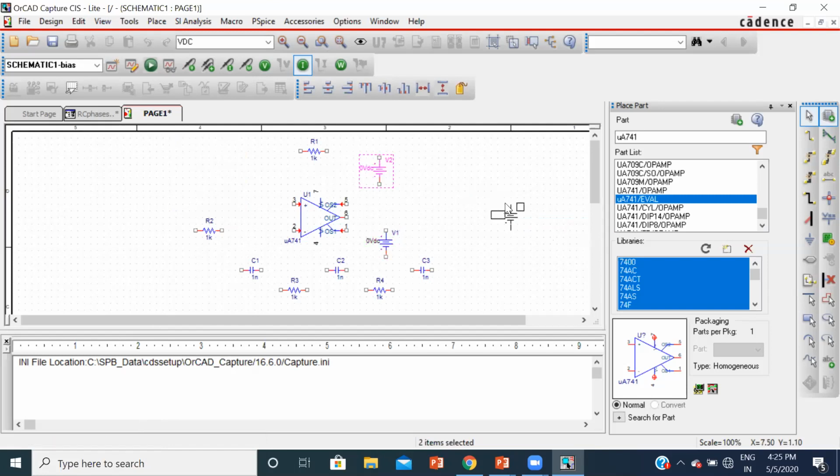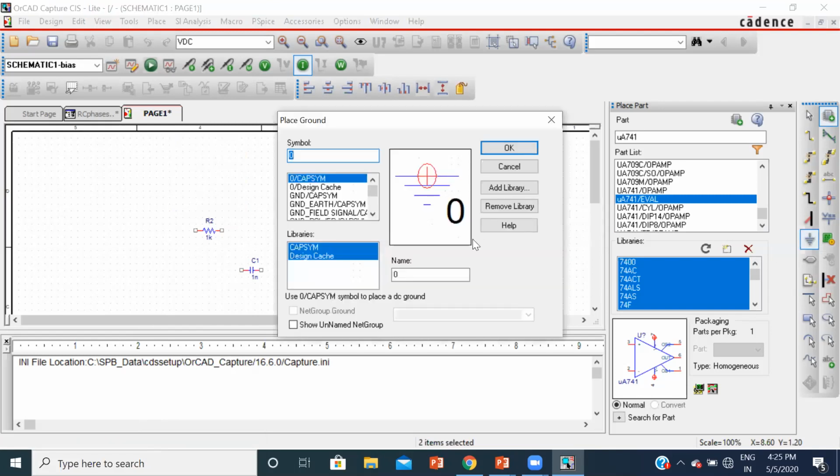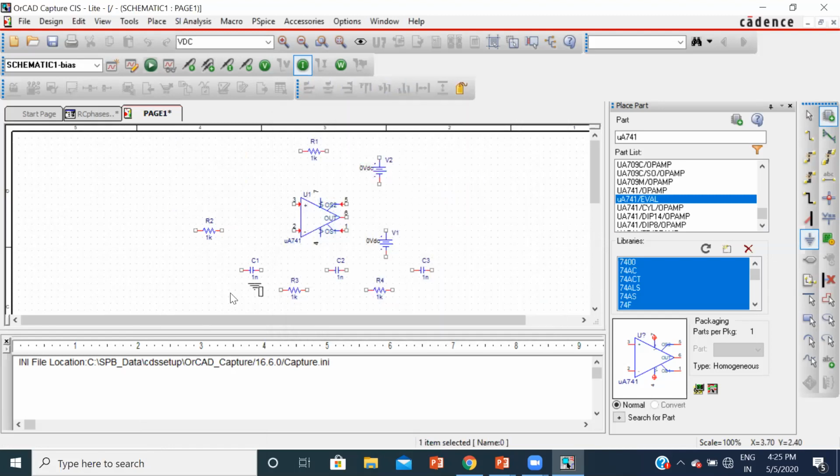Now everything we have selected except ground. So ground. The first selection is 0. Click on OK. Wherever you require ground, you place it. One at the second terminal, and one more at the sources. Here we require it actually, and then over here.